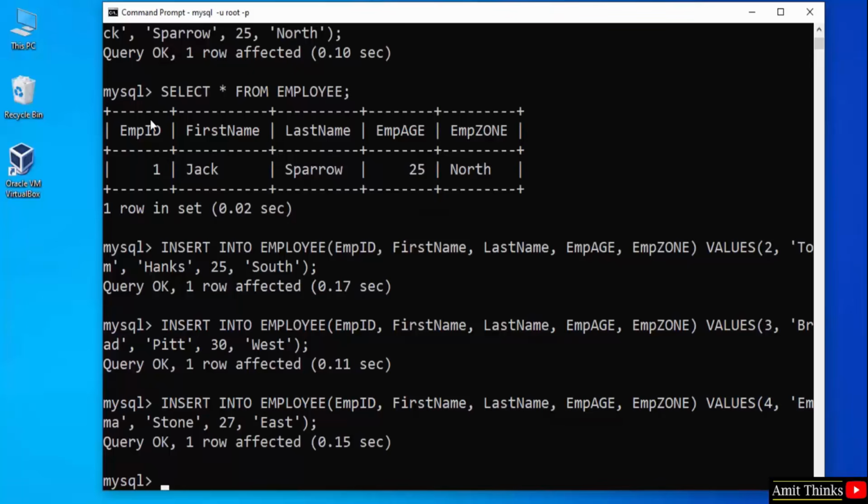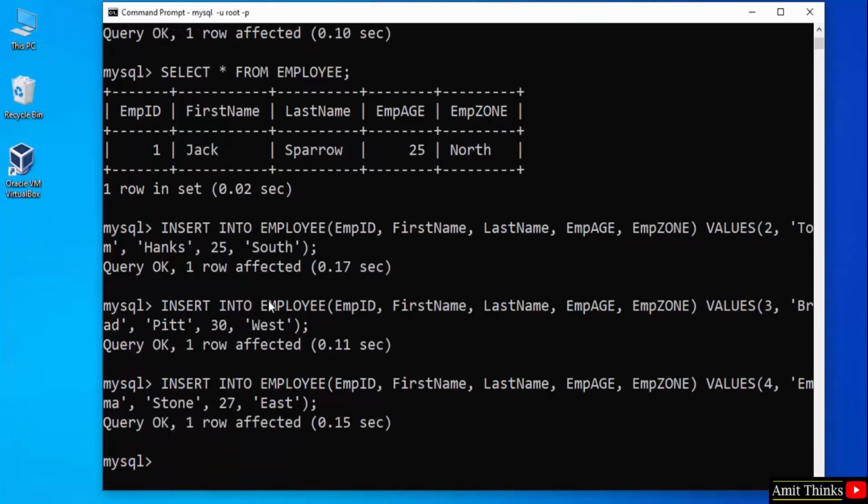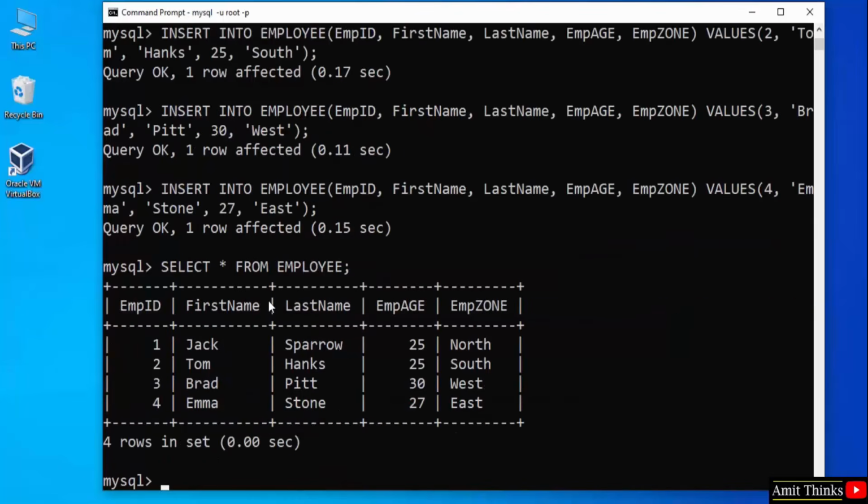Now to display all the records, if you remember, select star from employee. Select star from employee, semicolon, press enter. You can see all our records are visible. So we have successfully entered 4 rows in our employee table. Here you can see 4 IDs 1, 2, 3, 4 and employee names Jack Sparrow, Tom Hanks, Brad Pitt